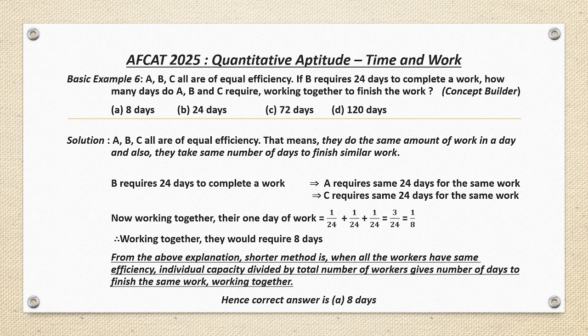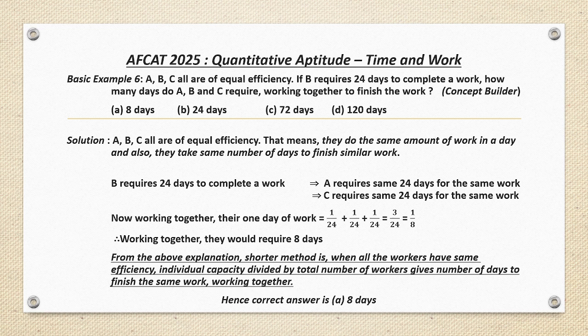And their 1 day work will be 1 by 24. And working together, what is their 1 day of work? 1 by 24 plus 1 by 24 plus 1 by 24, which is 3 by 24, which is 1 by 8. Okay. So working together, they would require 8 days. Okay. This is a basic example